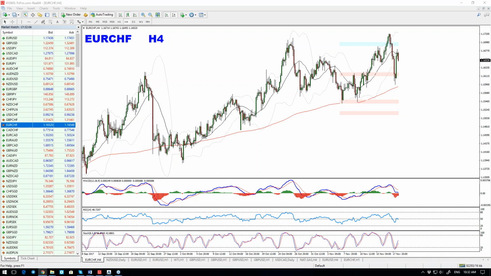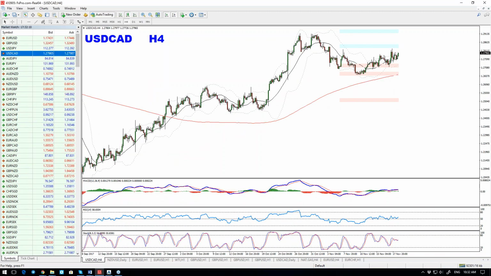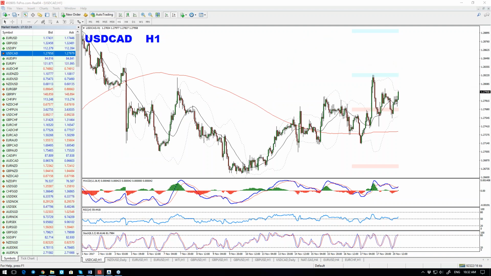The next pairs I would like to cover would be the dollar exposed pairs. Dollar Canadian would be the first one. As long as this top holds, we are looking for the sells. We need two waves up and a breakout. We got these two waves up on Friday